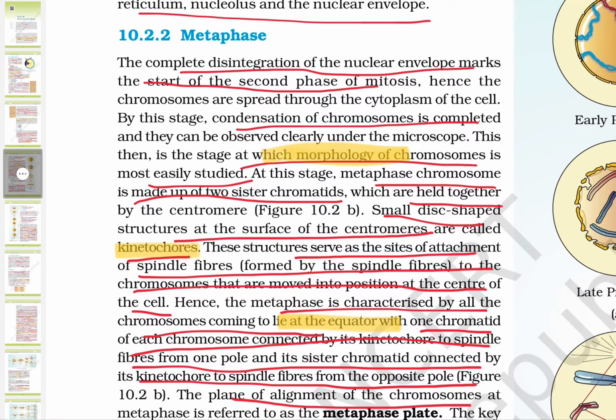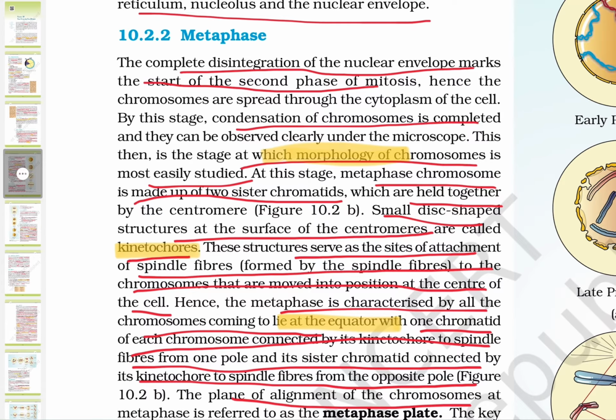When we talk about metaphase, complete disintegration of the nuclear envelope is the start of the second phase. Here the condensation of chromosomes is completed. At this stage we can easily study the morphology of the chromosomes, and a metaphase chromosome is made up of 2 sister chromatids,